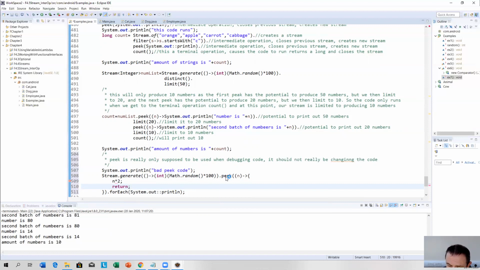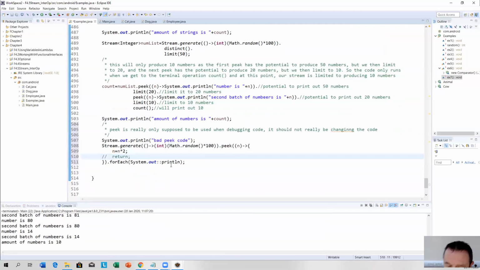Okay, why is that? It takes a consumer. In is equal to in multiplied by 2. Now, so what I'm doing here is I'm generating 100 random numbers,